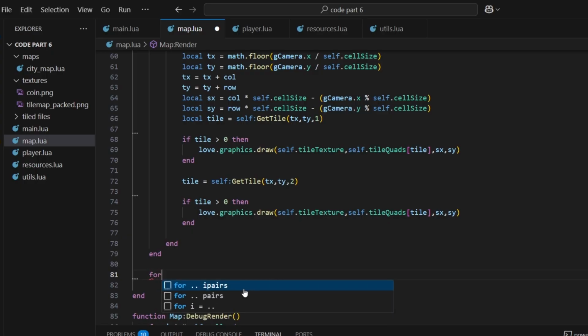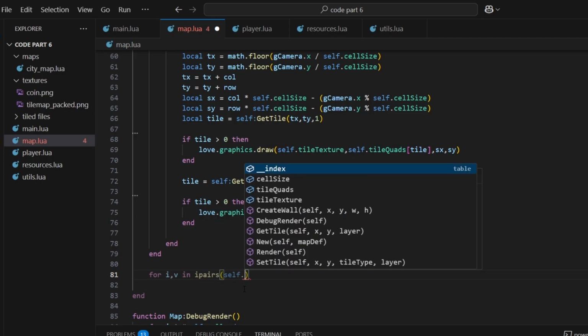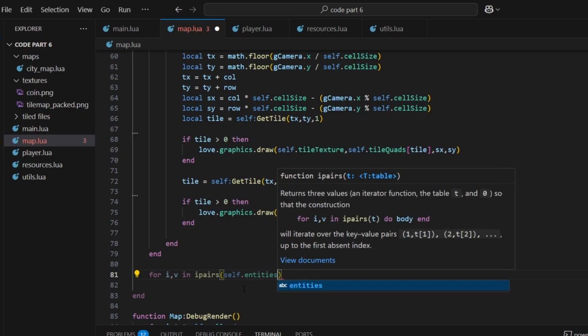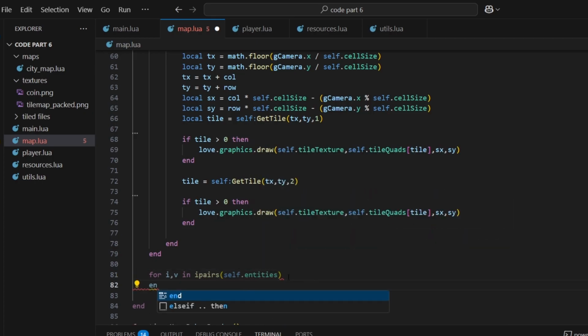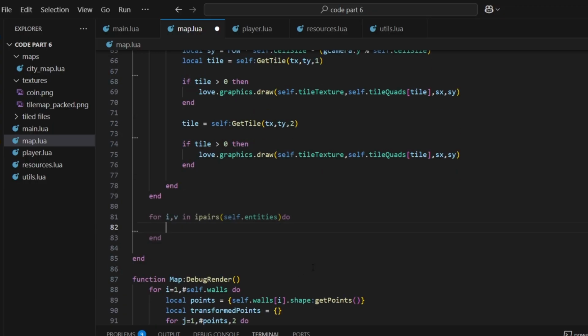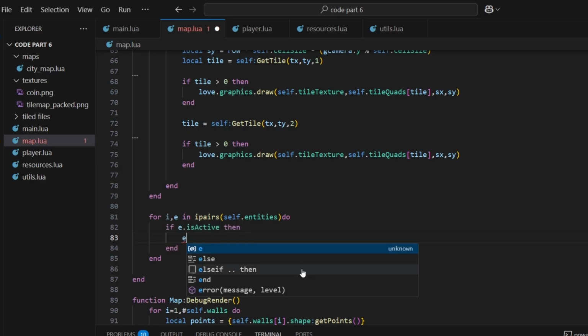So over here I could just do i, v in ipairs self.entities, and there's one thing we should really check before we actually render things. Actually, I'm going to change this to e. That'll be better. So if e.is_active, then